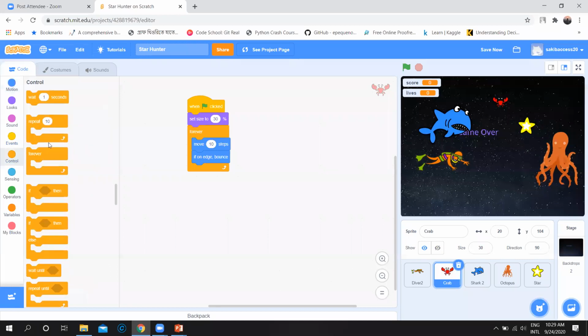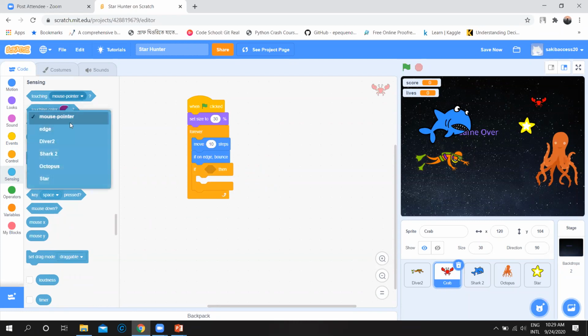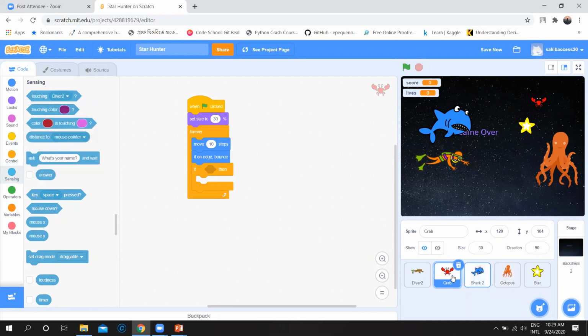For the condition, go to sensing: touching mouse pointer. Instead of mouse pointer, select diver 2. Diver 2 means our sprite; the name of the sprite is diver 2. I hope you can see it. Put it inside the condition. This is our condition now.